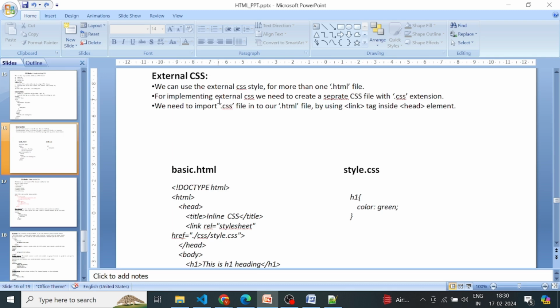For implementing external CSS, we need to create a separate CSS file with .css extension. We need to import .css file into our .html file by using link tag inside the head element. Okay, so this is the separate CSS file style.css, and here I am importing that CSS file into our